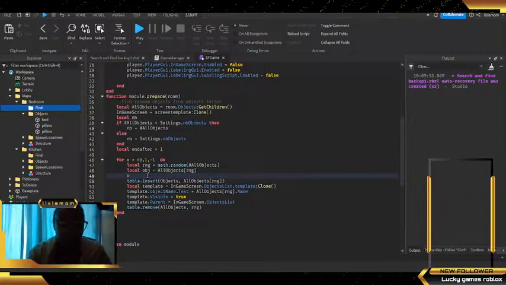So now we're just going to say object dot parent. Why don't you want to tell me you don't have a parent? Equals this folder, this find folder. So it's literally going to be the room. Oh, luckily we passed the room in that information. The room dot find